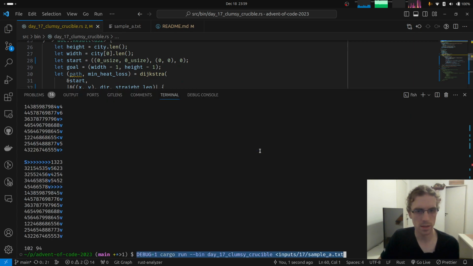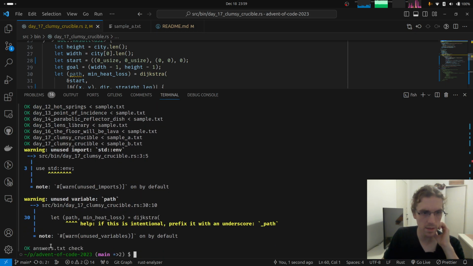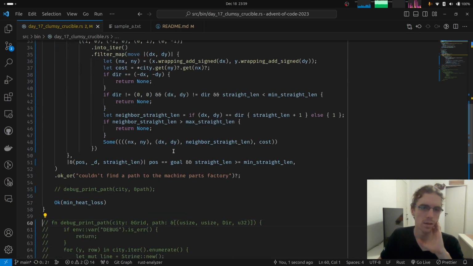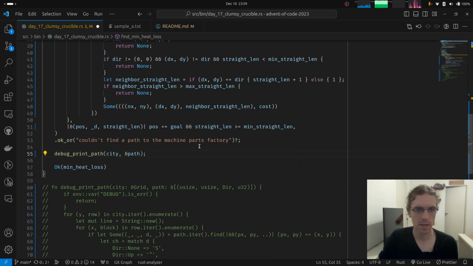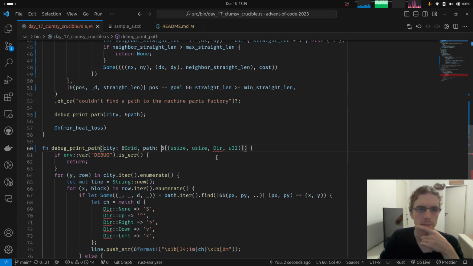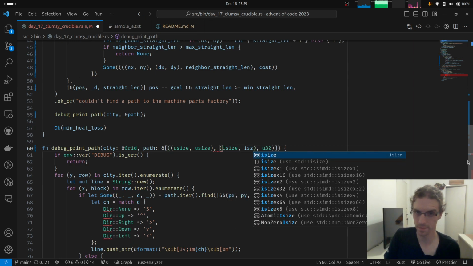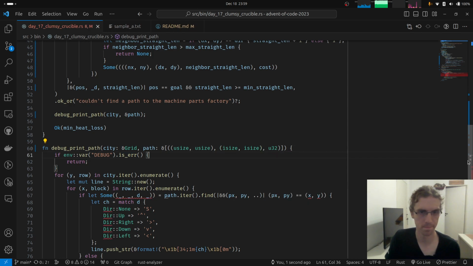So the question is, does this still pass all the checks? With some warnings, but it seems like it does. Awesome. So that's great. Now this debug print might get a bit uglier. So the path will be these tuples of positions and directions, which are going to be isize, I think. Sure. Beautiful.